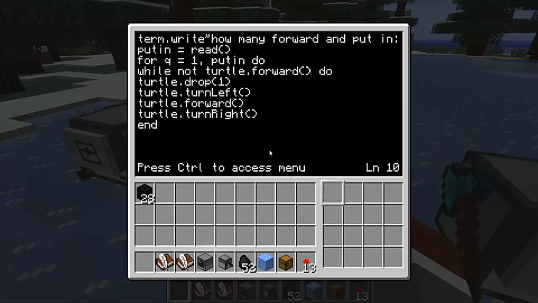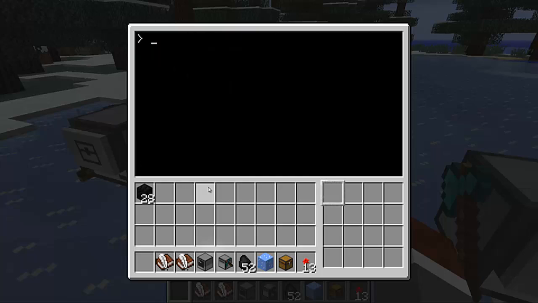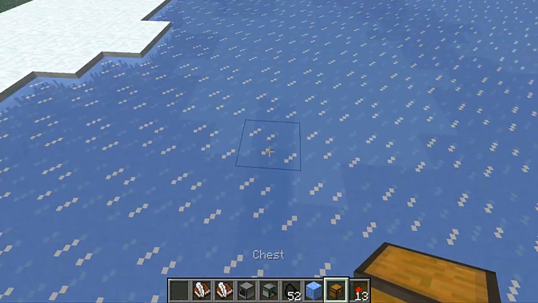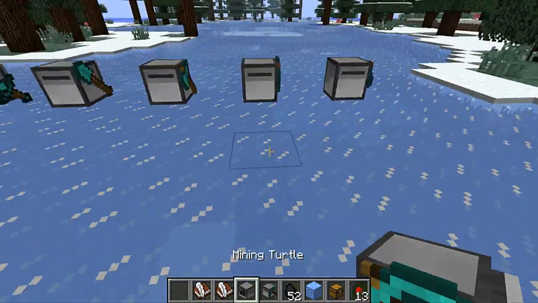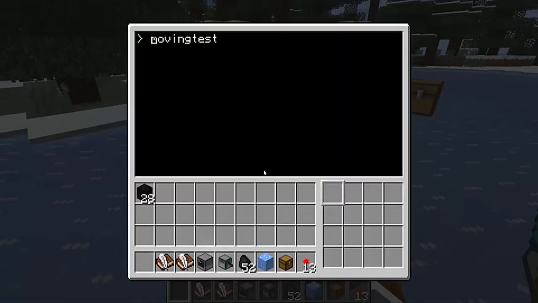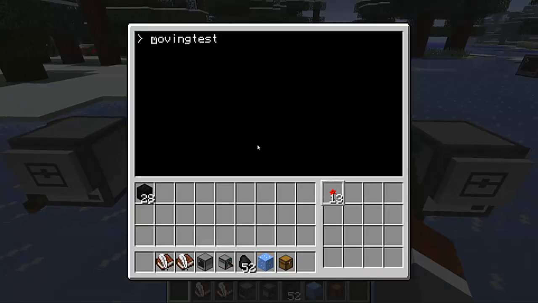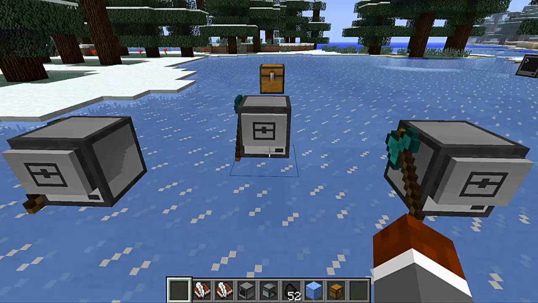And end and end. If you don't remember why we have end and end here, because we actually have 2 loops here, I believe they're called. Yeah, they're called loops. I remember now. Okay, so now I'll type out moving test, but before I do that, I need to set something out. I'll put it right here, and now I'll put this right here. Okay, so now if I type moving test, it asks you how many you want to move forward and put in. Once again, you're probably wondering what that means. If I type out 8, okay,